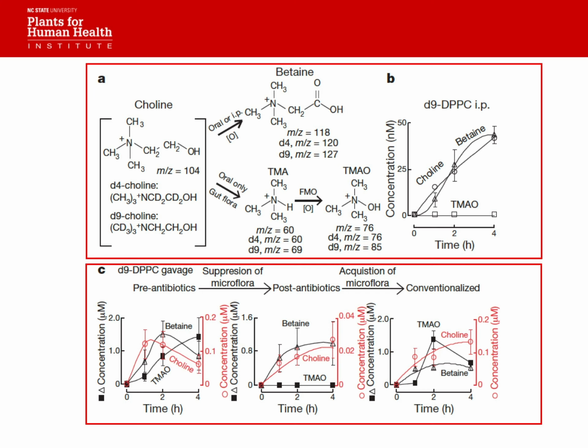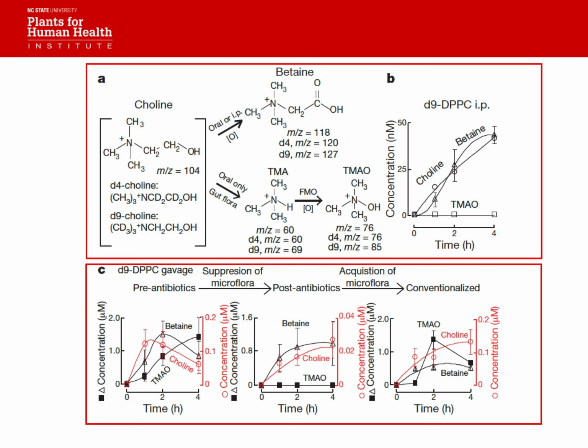Okay? So the first thing they said was, okay, that means that these metabolites are related to the gut, probably the gut microbiome. We don't see them unless we administer them orally. Okay? All right, so then the next thing they did was they wanted to test that hypothesis. So what they did is they did the same experiment where they administered choline orally, and you see TMAO being formed here. Okay? Then what they did is they administered antibiotics to suppress the microbiome, and you see TMAO formation essentially goes away. Then they allowed the animals to recover their gut microbiome, and you see that TMAO production after oral gavage of choline is restored.